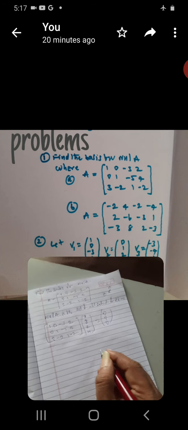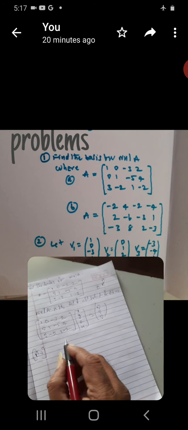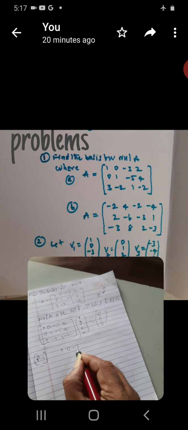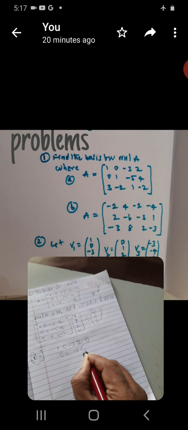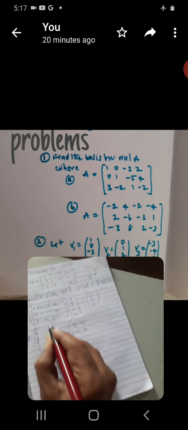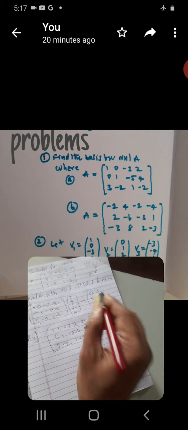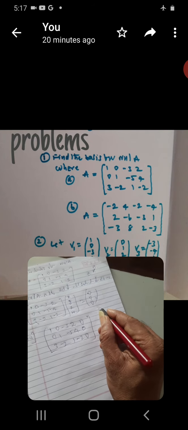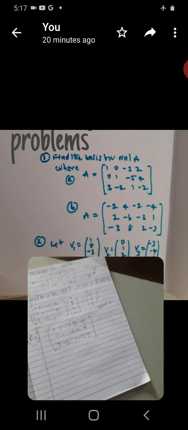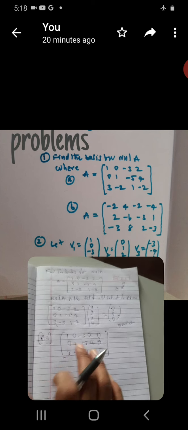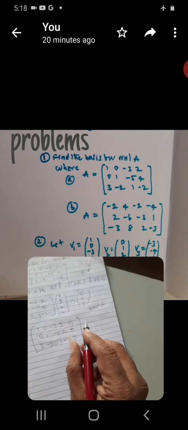Now A0 you write. This is the augmented matrix. Whatever you see, you write 1, 0, -3, 2, 0 and 0, 1, -5, 4, 0 and 3, -2, 1, -2, 0. This is the augmented matrix of these two. You apply the row operations. It is converted into the equivalent form. Please observe. What to write? See, first, 0 is already there. Now this is 0. How to see this R3?